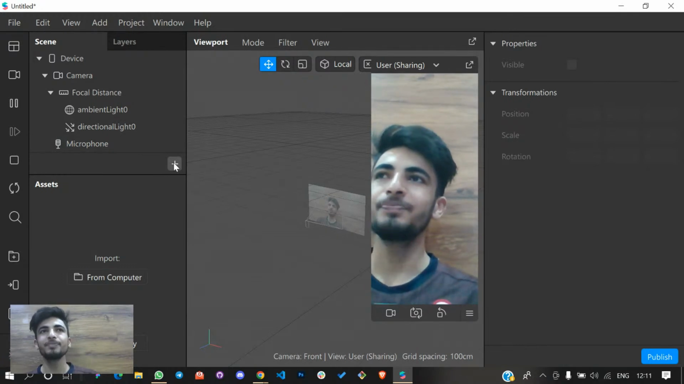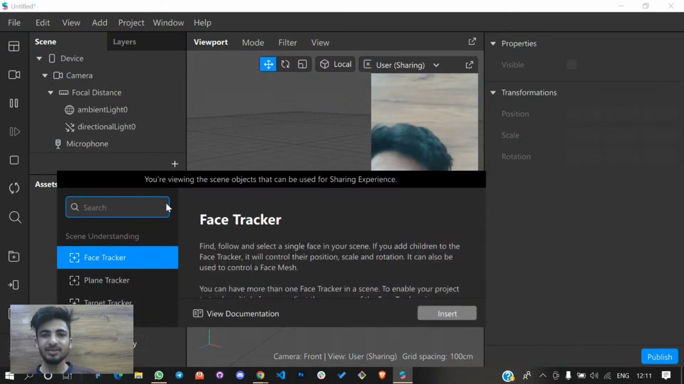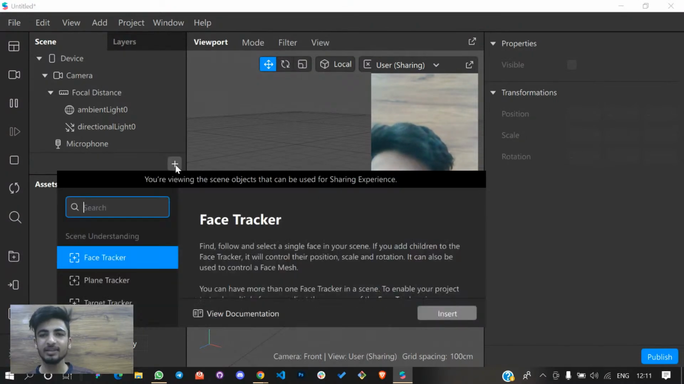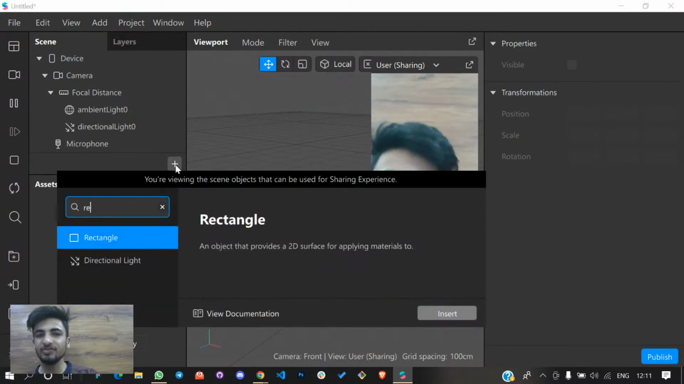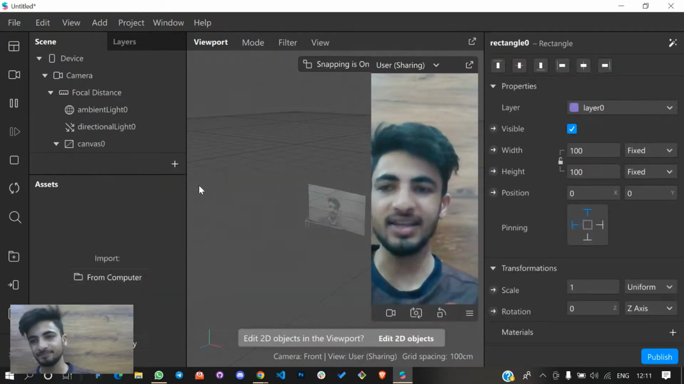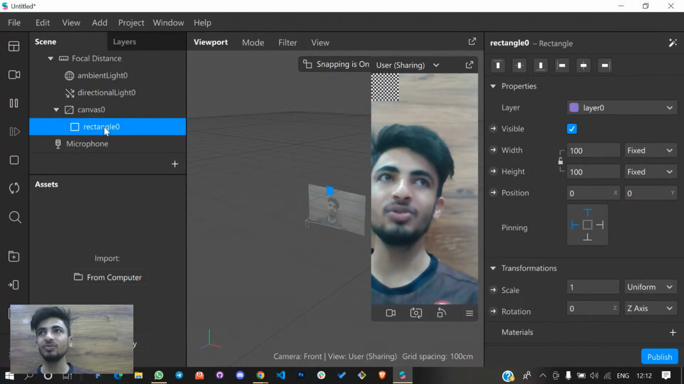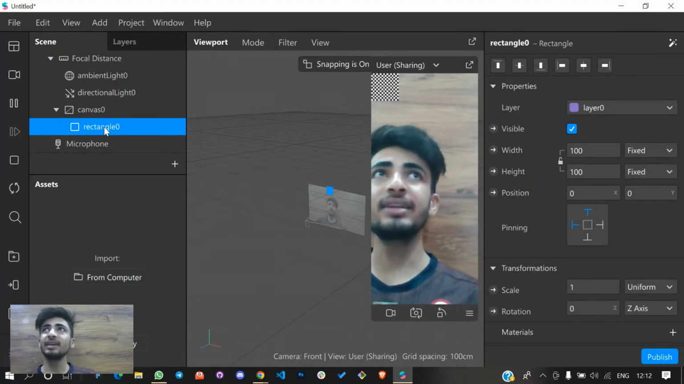First of all, go to this plus icon, the plus object icon, search for a rectangle and click enter. So you will see a rectangle over here. And what is this rectangle? This rectangle is basically, okay,